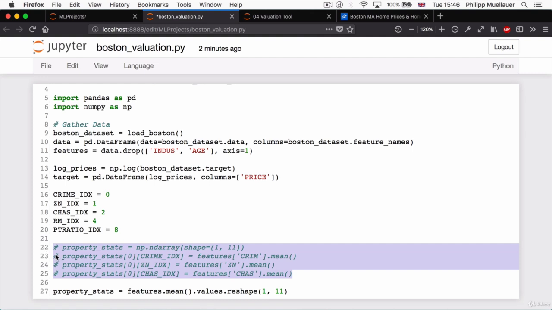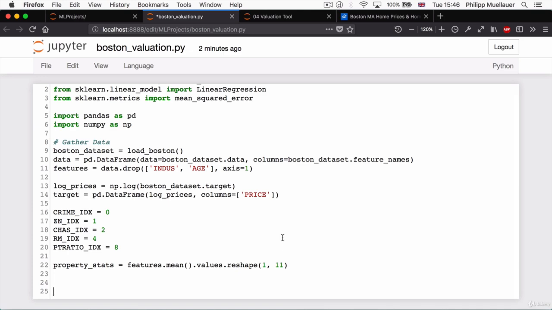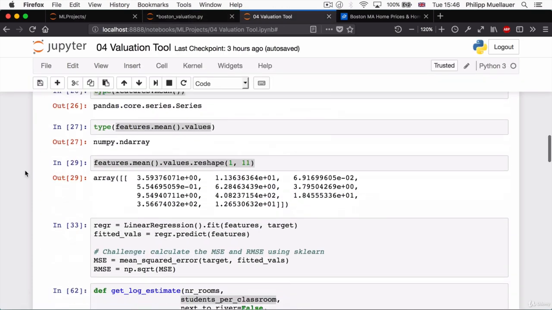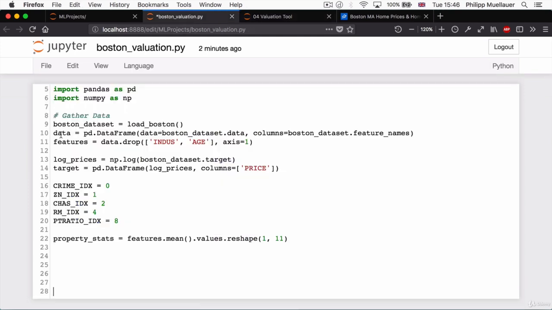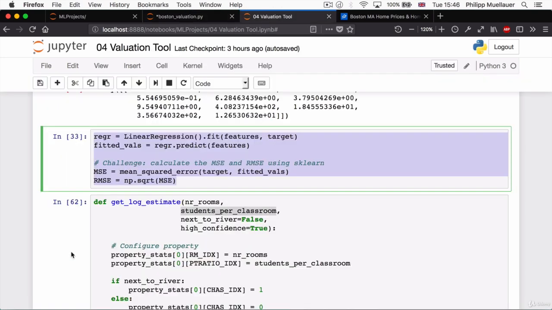I don't really need this comment, so I'm going to delete it. Scroll down, add a few more lines. Go back to our notebook, scroll down a little more, copy the part where we're running our regression, put it in here,